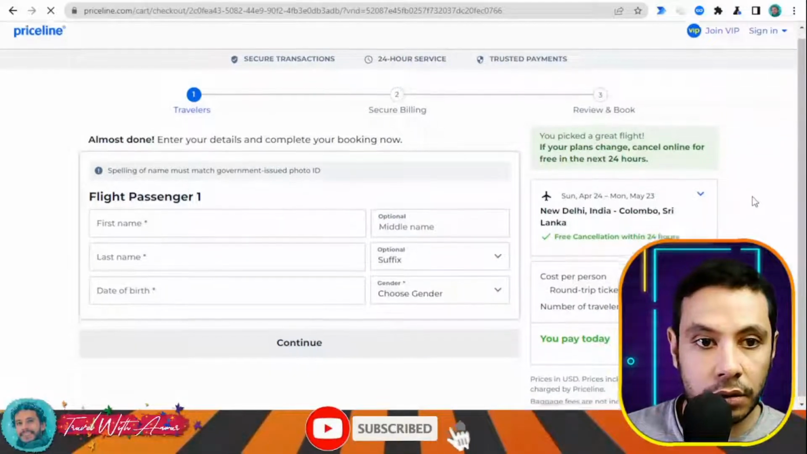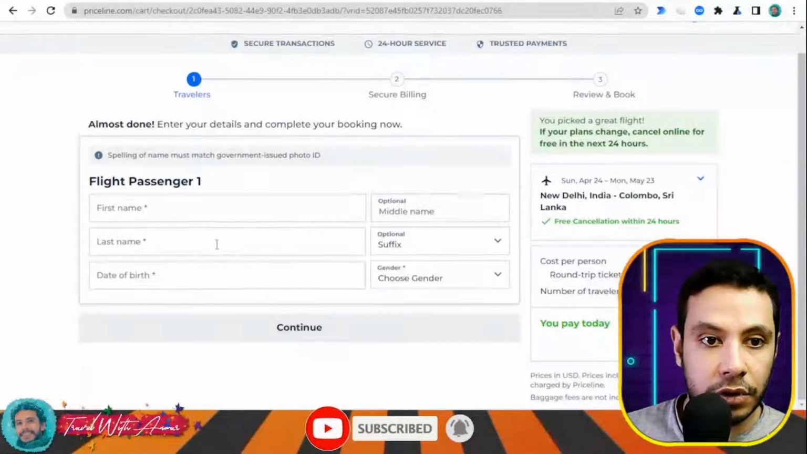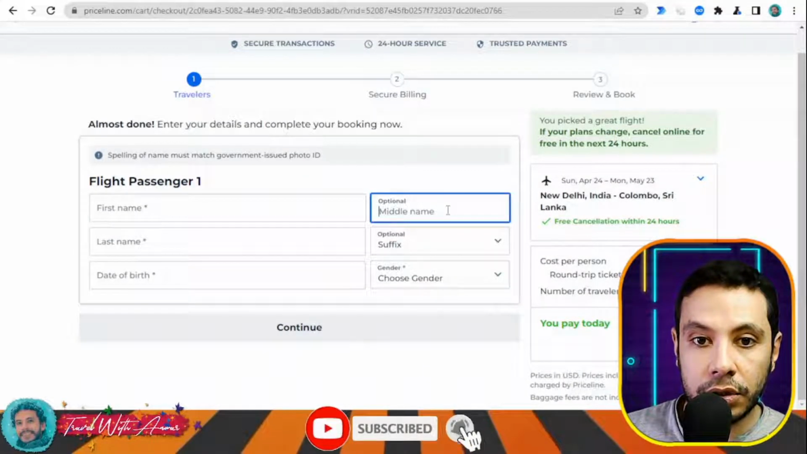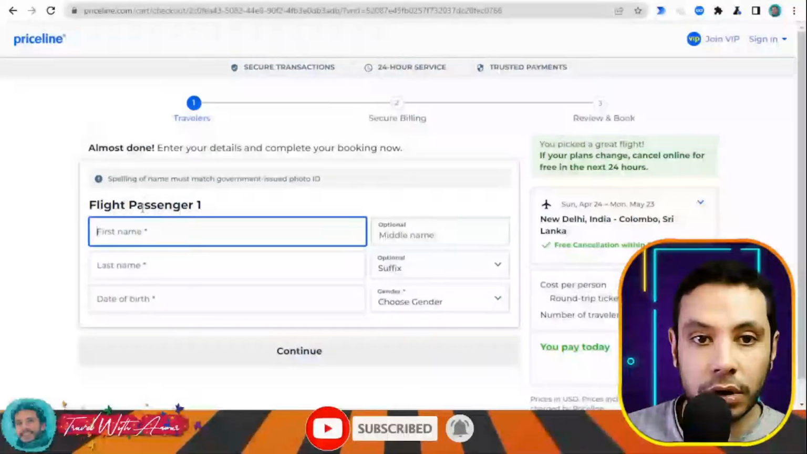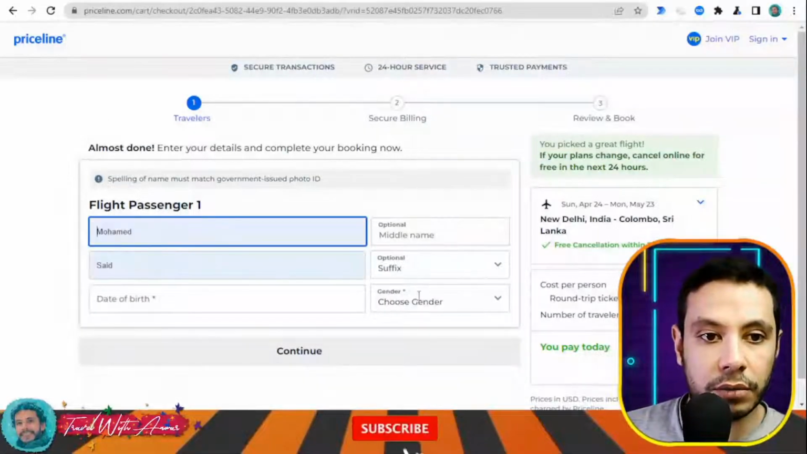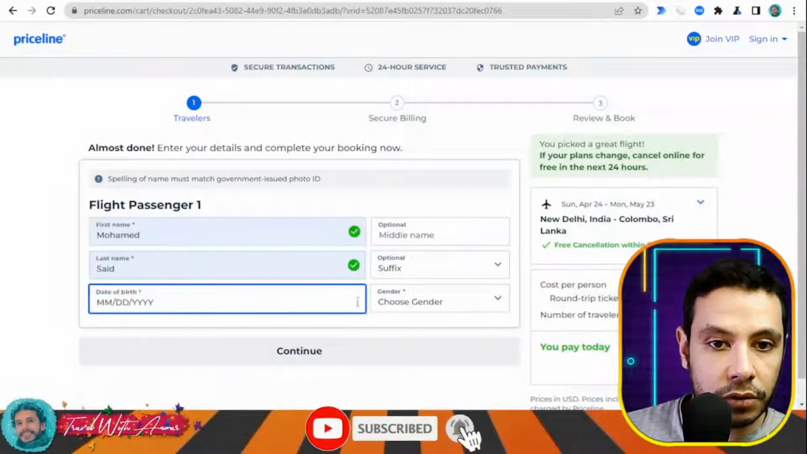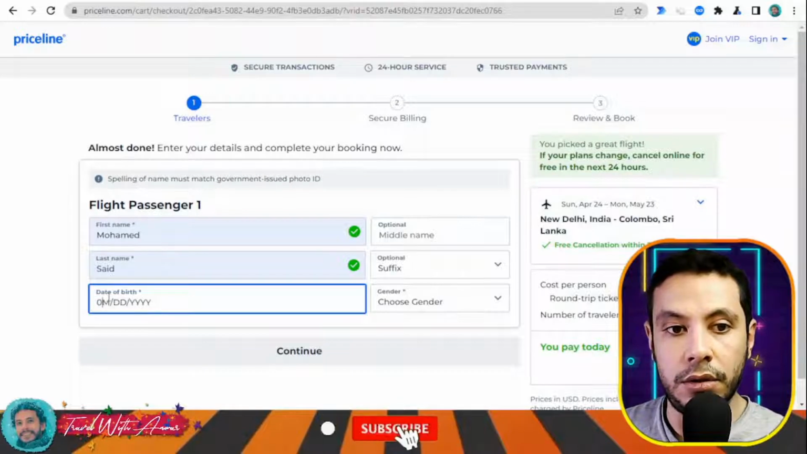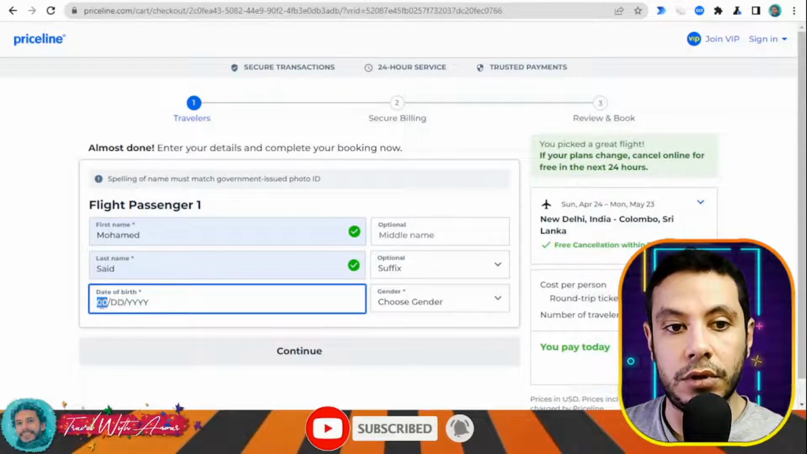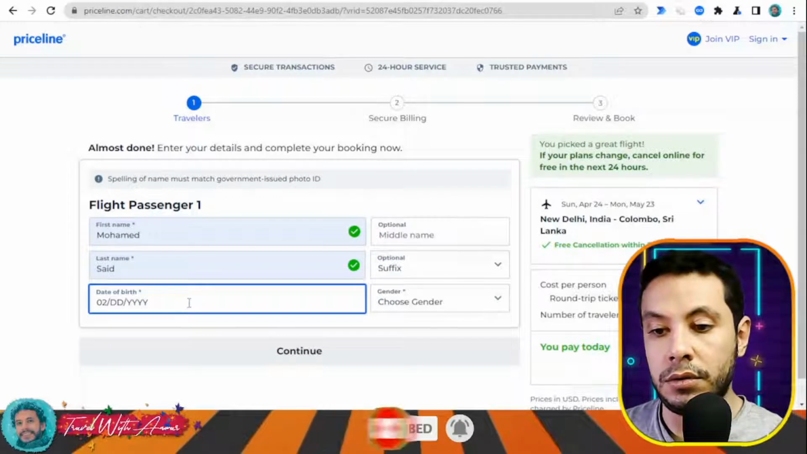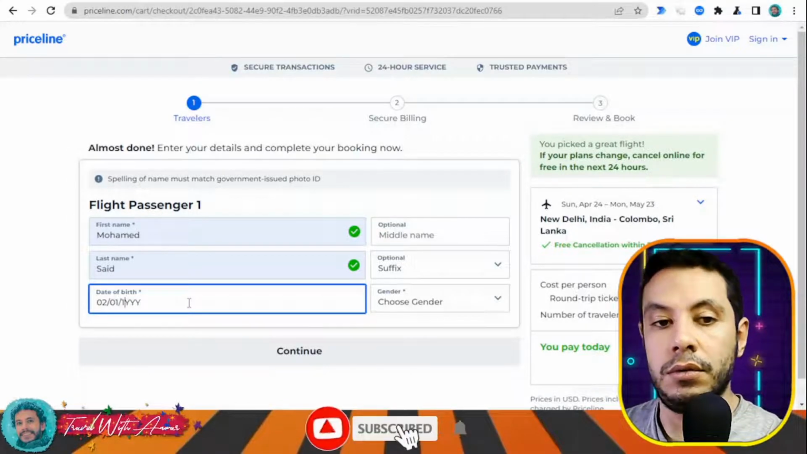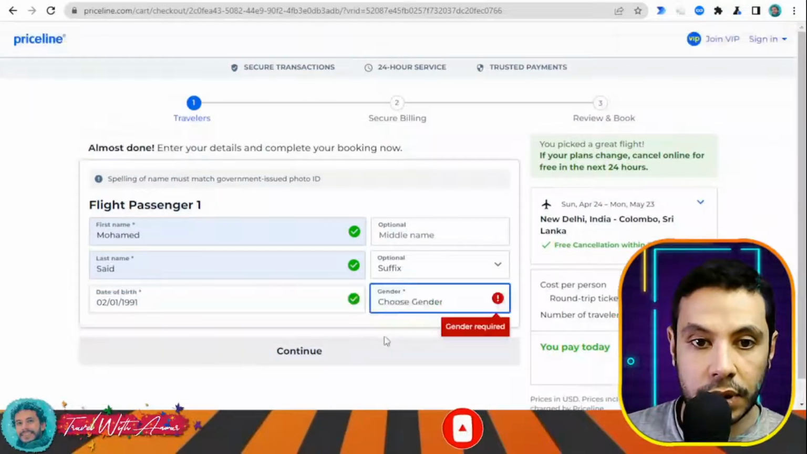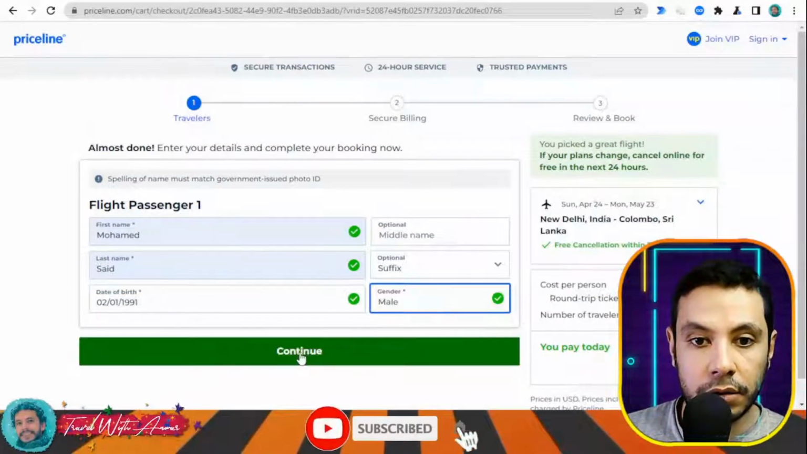All right, okay, so here you give your first name, your last name, your date of birth, and this middle name is optional, so let's just give some information here. Date of birth also. Okay, just 1 second. For example, and then click continue, mail, continue,